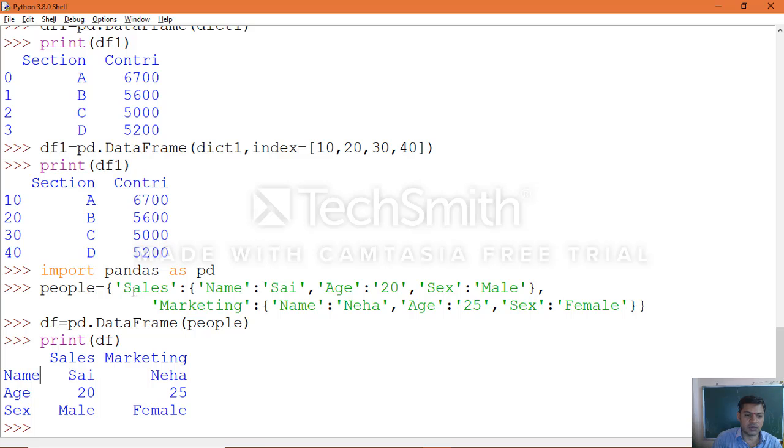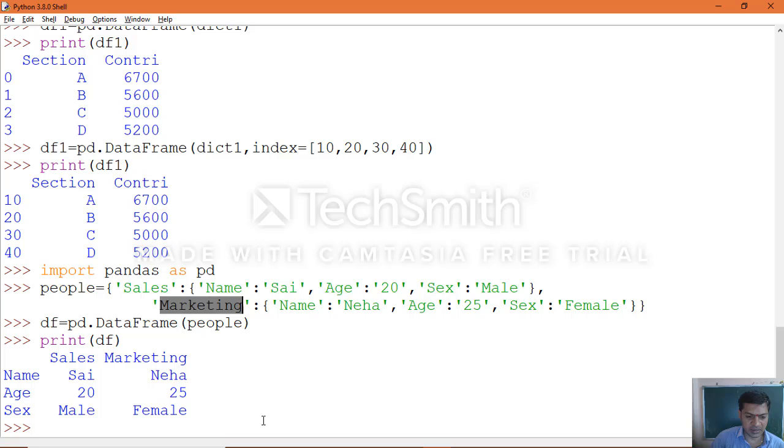This is the outer dictionary where we represented the key as sales, and the inner dictionary keys are name, age and gender. In the same way, another outer dictionary, marketing, is the key, and the values are the inner dictionary with name, age and gender keys.